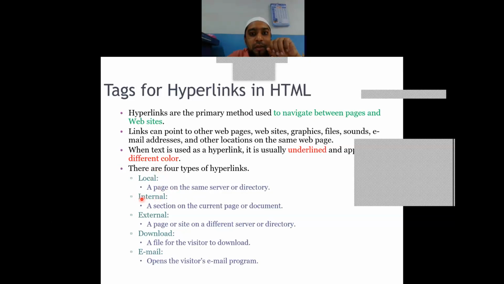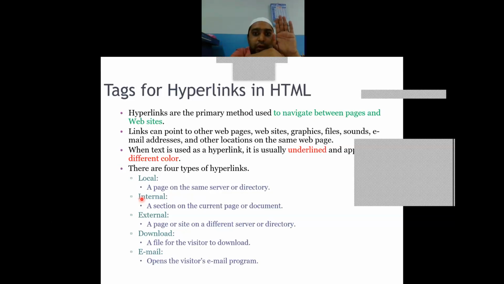But sometimes within the same document, within the same HTML program, you want to move from top to bottom or to a specific location. For example, like your online books, ebooks, you will have the index and if you click on the index topic, it will navigate to that particular specific topic which you have clicked on.